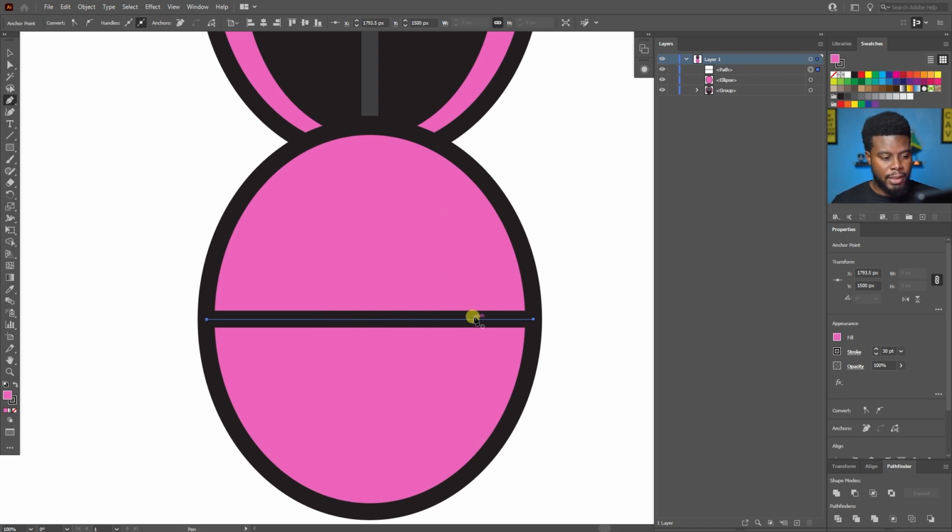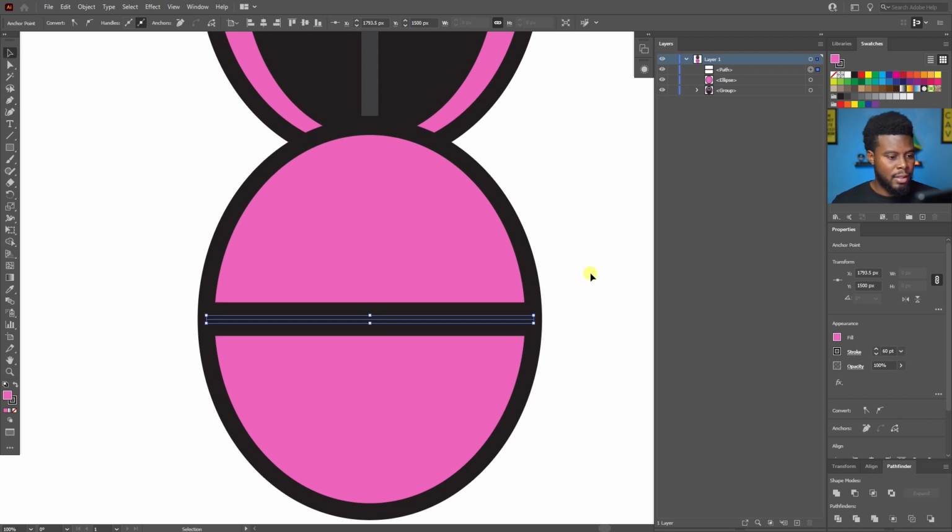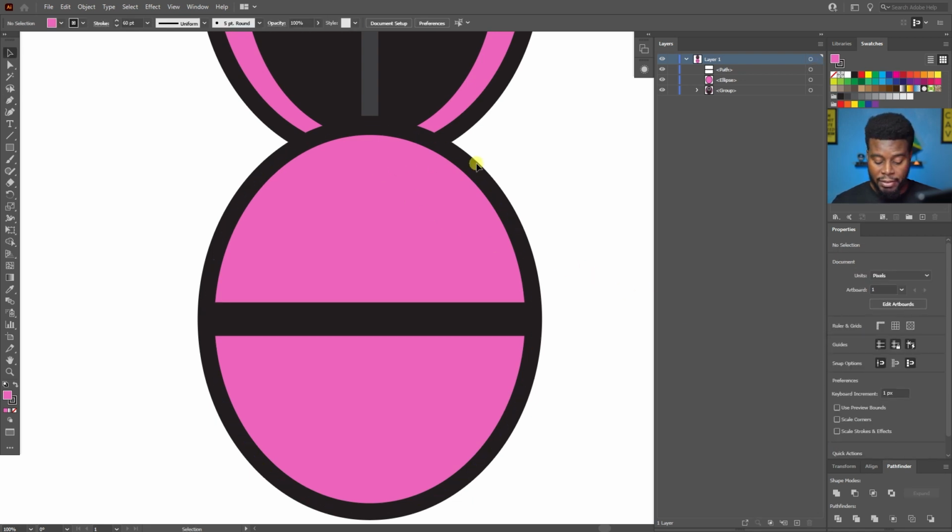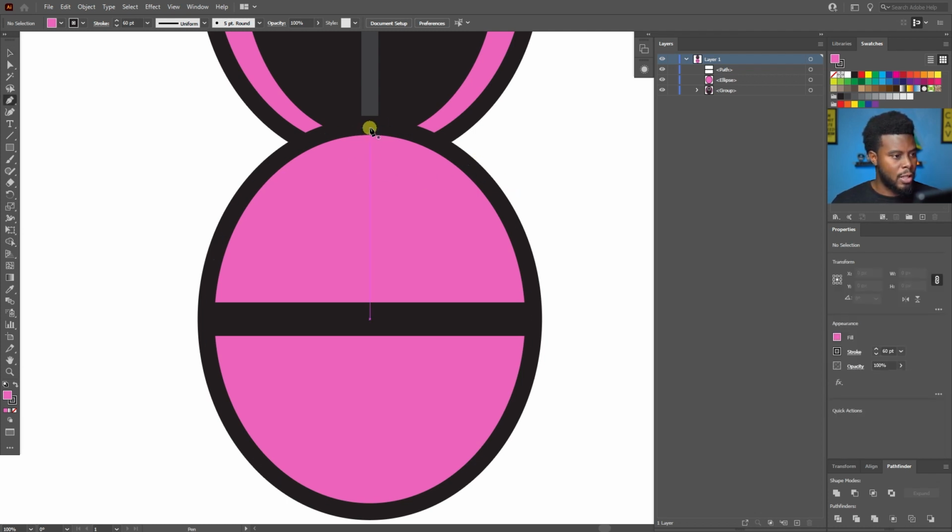This will be our belt, and I probably want it to be a little bit thicker than the 30 that we have it. So let me set it to like 50. So when I look at it, I can see that it's distinctively different from everything else, right? And then I want to create another line, a vertical one this time. Here, hold shift,